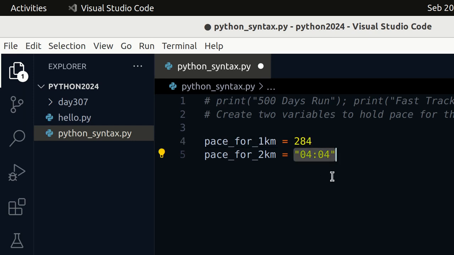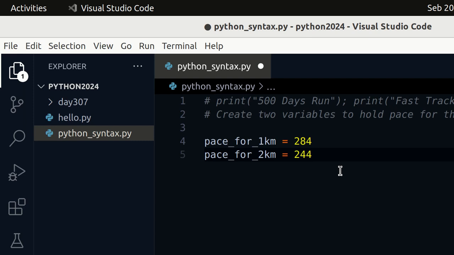So when we convert 4 minutes 4 seconds, that would be 4 times 60 is 240, 244, right?